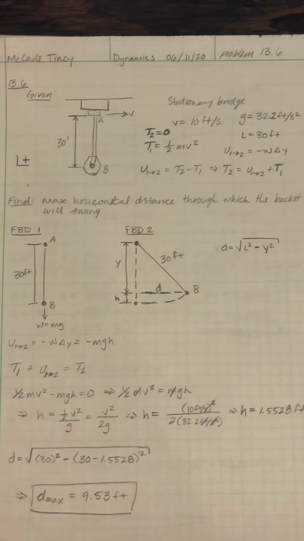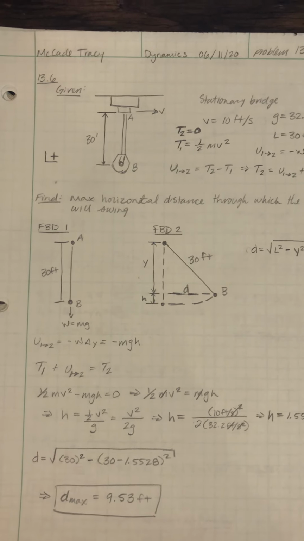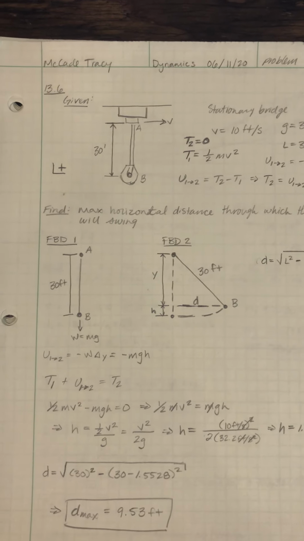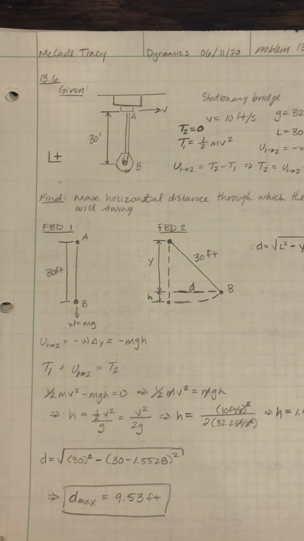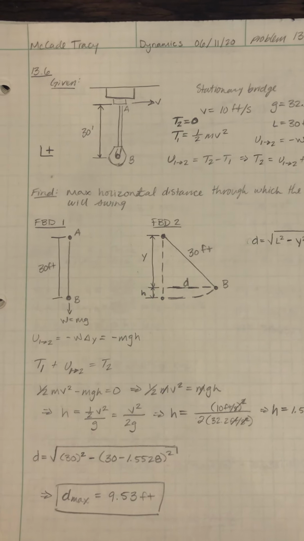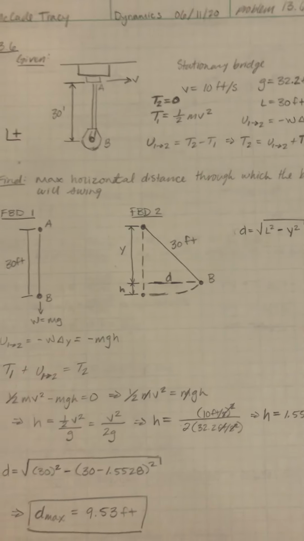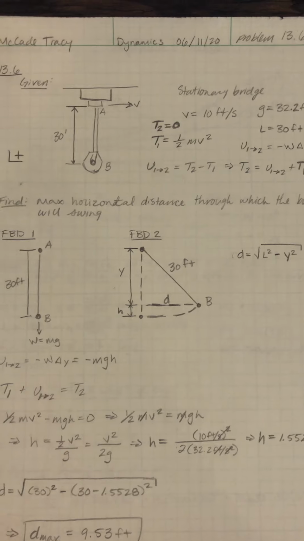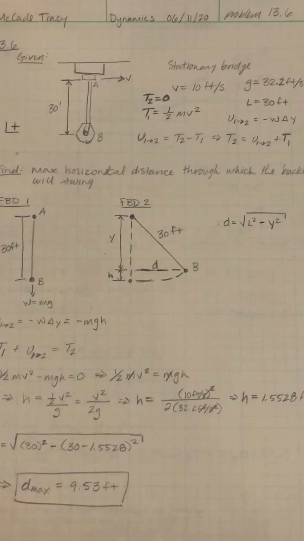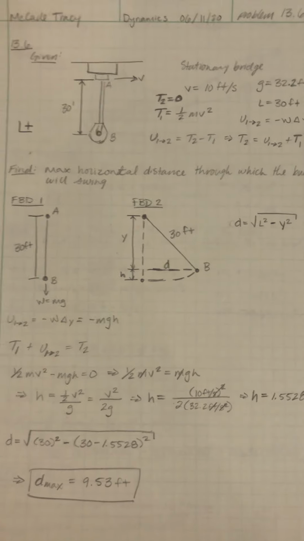So basically we can set it into two different free body diagrams. One as it is in the stationary position, and one as it is moving forward, but then also as it stops and swings forward. We want to know this distance d, so we set up a free body diagram basically as a right triangle so we can figure out that distance d. And so using the